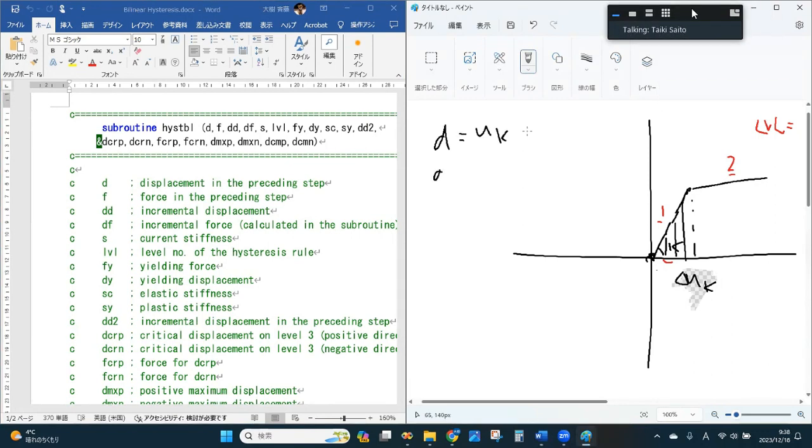Okay? So DD is delta UK. And F is the force. And the DF is the increment of force. Okay? So,